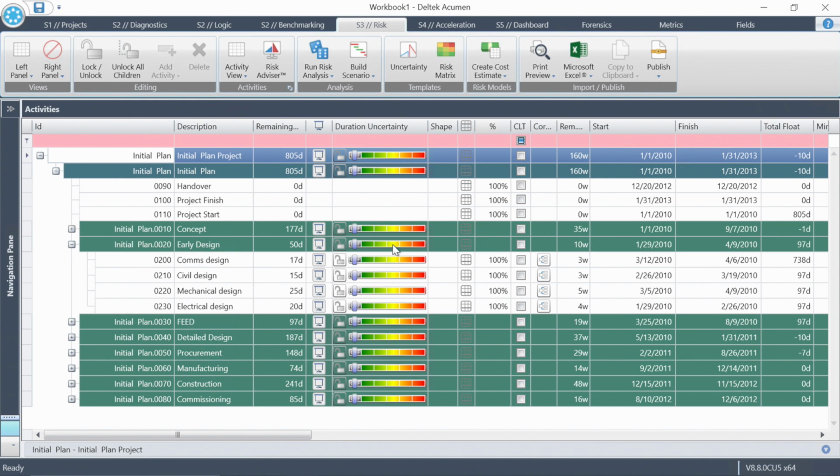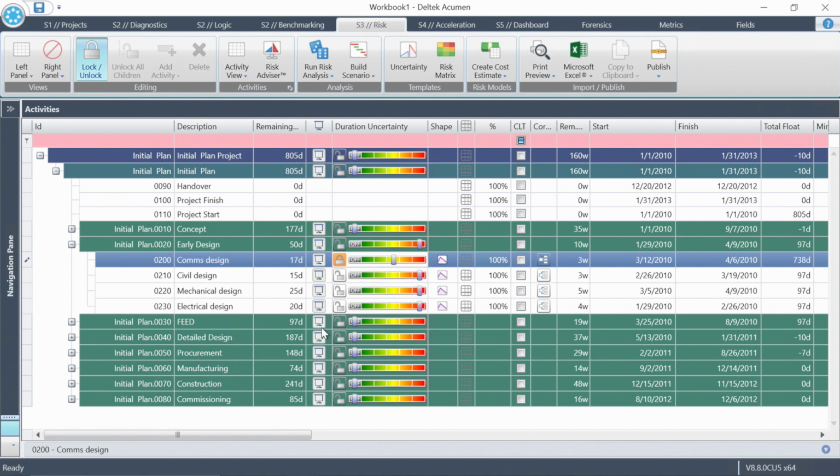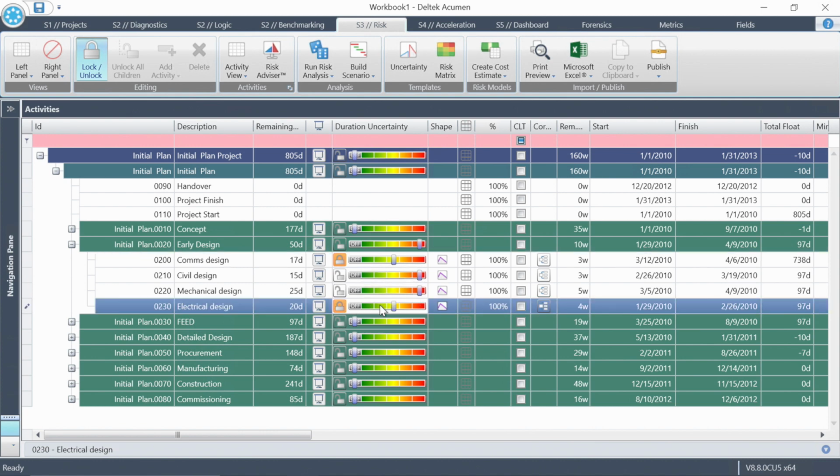Let's go to early design and let's move that WBS level slider to yellow. And you can see in the detailed activities underneath, they've moved out as well. I can move this over to red. I can move this individual one back down to yellow. And I can even set one of these down here to green. Now these settings are going to have to come from careful conversation with the engineers and the other people responsible for executing the work. I have the luxury today of just moving them as I choose to show you how